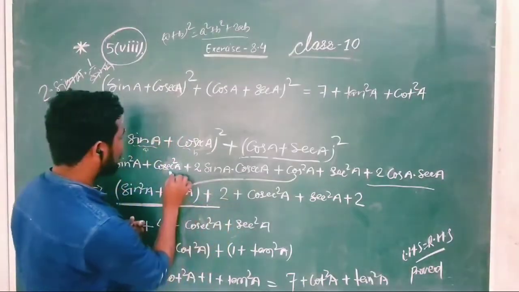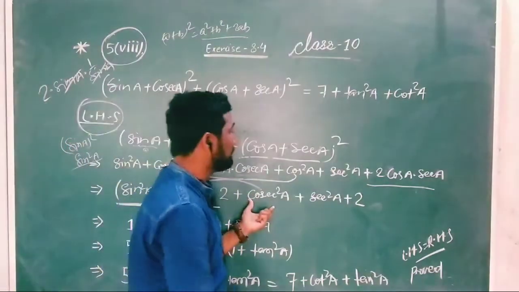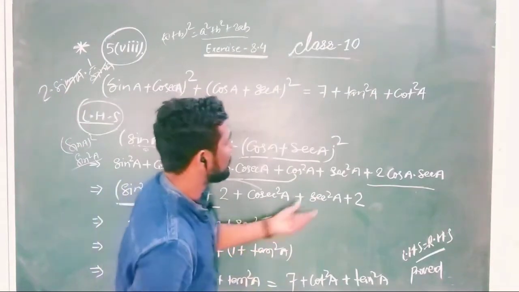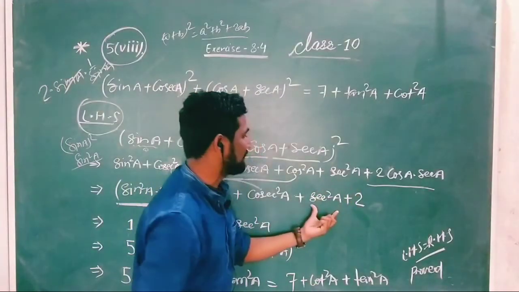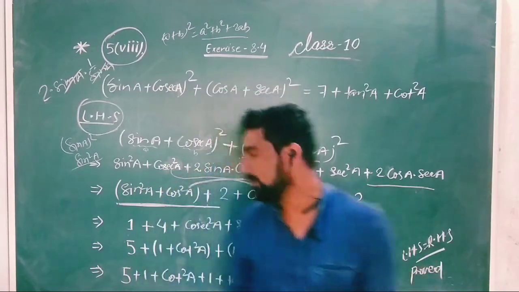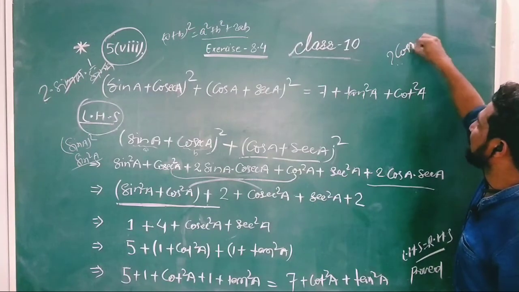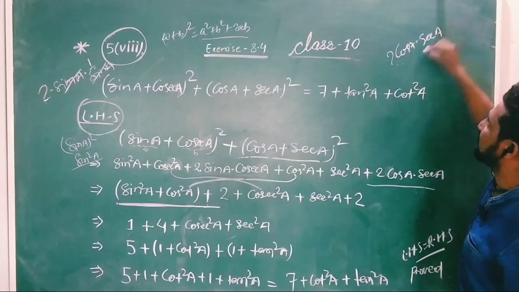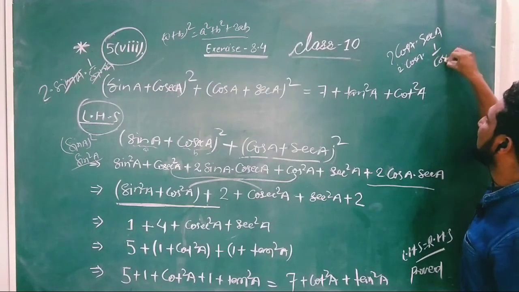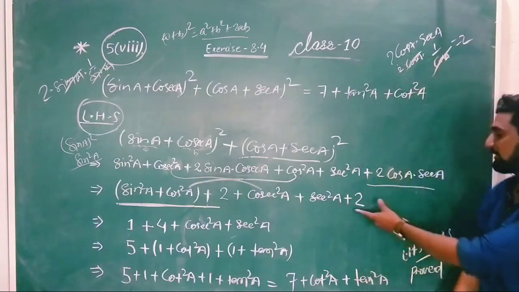Now after that, this cosec square a is written here, I have just taken it, I have not left it. Then after that it was sec square a, it is left, I have just written. And then again it is 2 cos a into sec a, and it will become the same: 2 into cos a into sec a can be written as 2 into cos a into 1 by cos a. Now you can see this is cancelled, so what is left over here? That is 2. So I have just written 2.